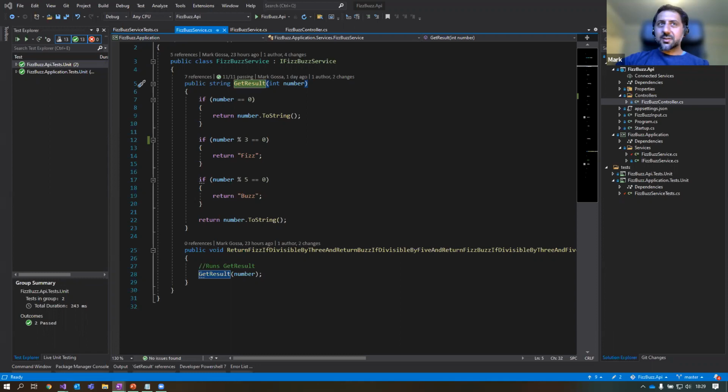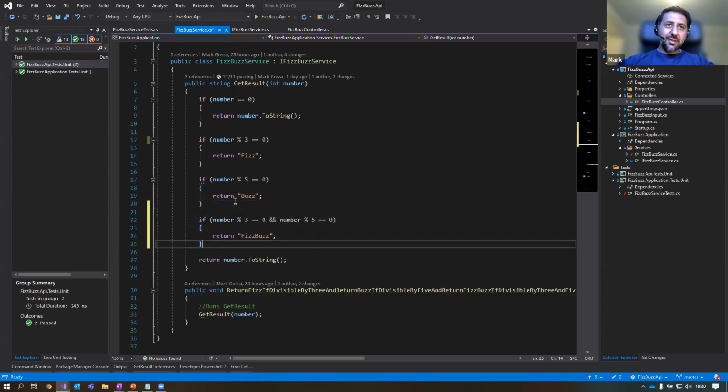So here we've got, we don't have the code we need here. So what I'll do is, I won't do the test-driven development approach. I'm going to just paste in what I think should go in. And it's something like this. So if it's divisible by 3 and divisible by 5, return Fizzbuzz. And let's say this code is a little more complicated than it is. And I'm not really sure where the code needs to go.